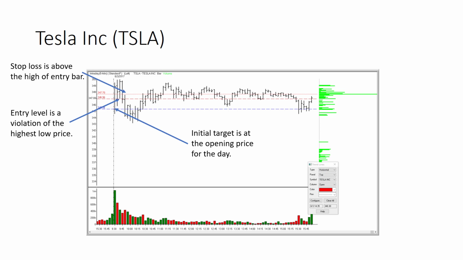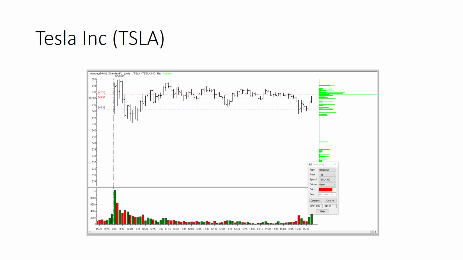That's going to be where I initially rest my stop. But on the fourth bar of trading, I've got a high there. Gives me a tighter stop at 347.70. So I'm going to use that. I'm going to treat that as if that's the entry bar. That's really the bar that's taken off. And when Tesla gets down to that 345.36 level, I'm going to start treating this as a scalper setup. And we're going to get into the scalper setups in the next session.